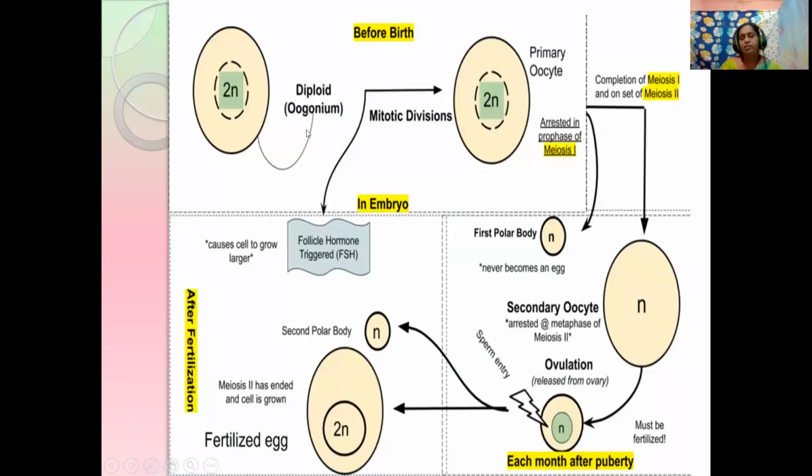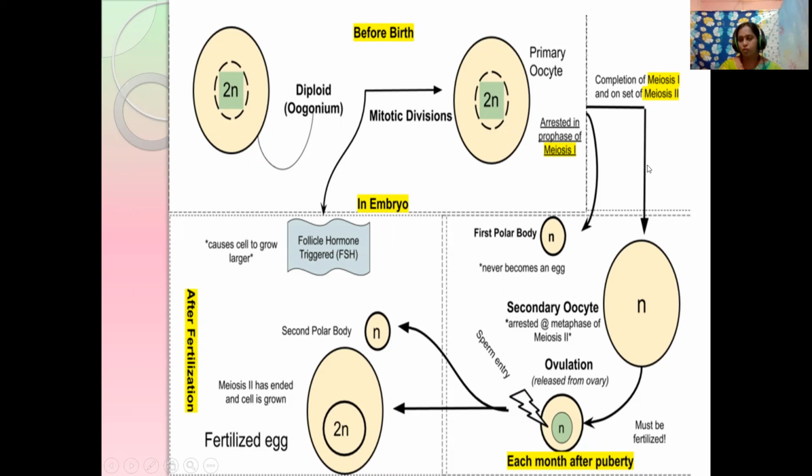Already the female ovary has millions of follicles. These have 46 chromosomes. By mitotic division, many cells are multiplied and they form the primary oocyte. So by birth, the female baby is carrying the primary oocytes. Actually there are millions of follicles, but the number decreases by the time they reach puberty. This degeneration of follicles is called follicular atresia.